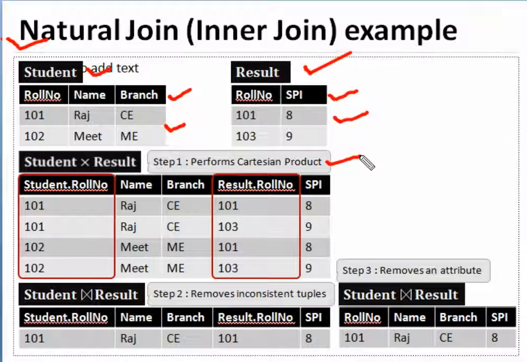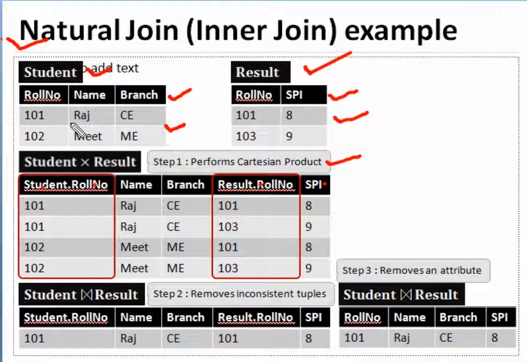So what is the Cartesian product? The addition or sum of the attributes from tables student and result: student dot roll number, name, branch, roll number from the result table, and SPI. And what about the tuples?